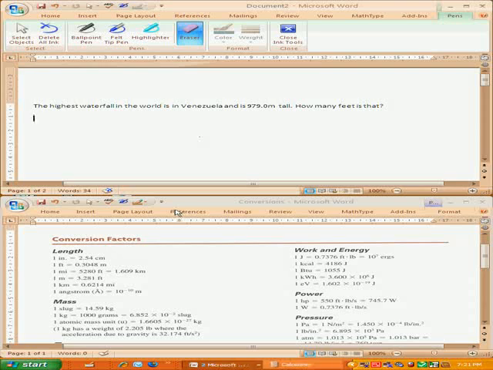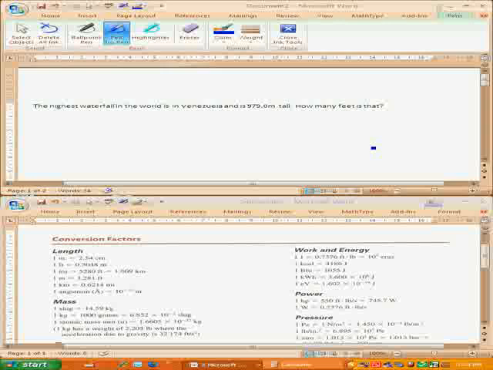Alright, so we're going to do a couple of examples of unit conversion. Now the easiest way to do this, I think, is through what we call dimensional analysis. Dimensional analysis just means that we're going to make sure that all the units match up. Now this first problem says that the highest waterfall in the world is in Venezuela, and it's 979.0 meters